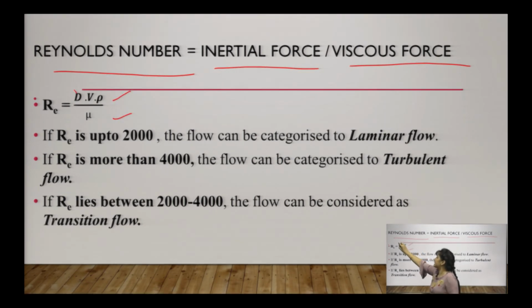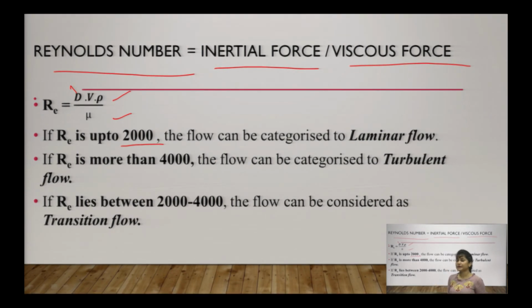So, Reynolds number, after calculating this inertial force and viscous force, will be given in terms of the diameter of the pipe, velocity and density of the fluid we are using, together with the viscosity of the fluid in that particular section. So, here you can see, after applying the diameter, velocity, density and viscosity, if the value of Reynolds number is 0 to 2000, then that particular category you can summarize as laminar flow.